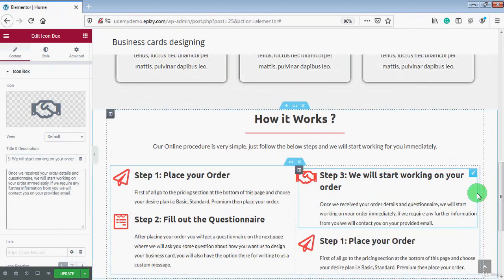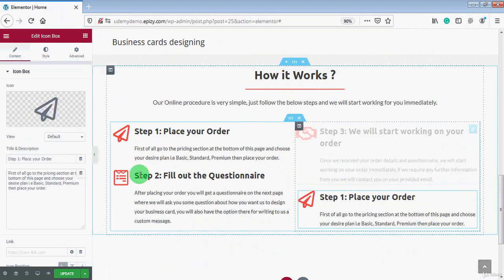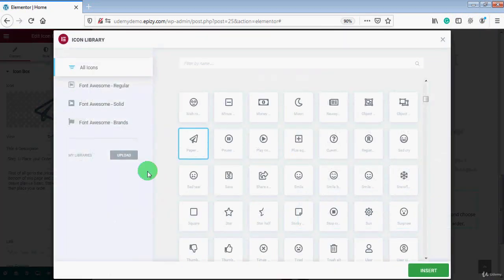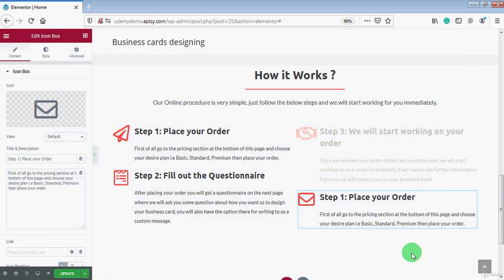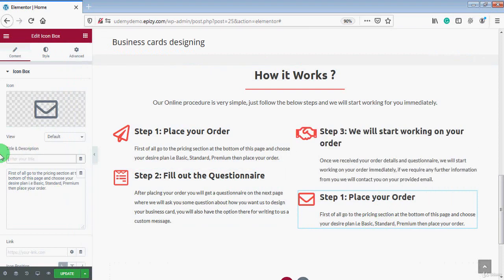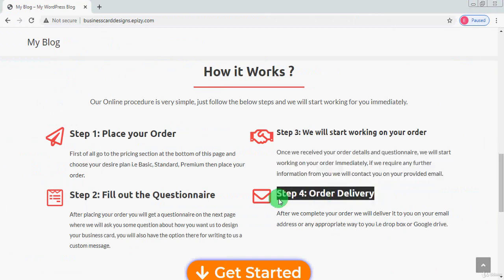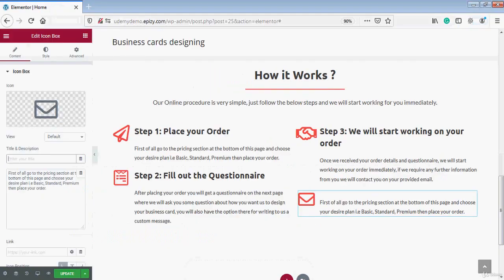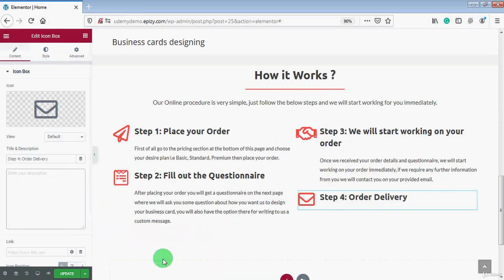Now the final step is step 4. So I will click inside this icon box. I will change the icon from here, and I will search for the icon envelope. So this is the one. I will click on it, and click on the insert button. Now for changing the title text and description text, again remove it from here, copy it from our demo website, and paste it here. Now for the description,